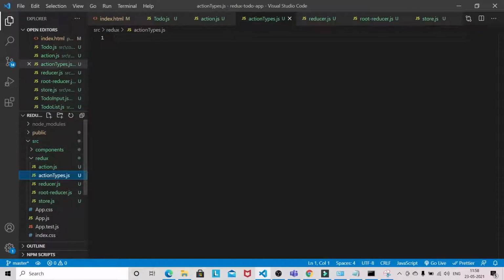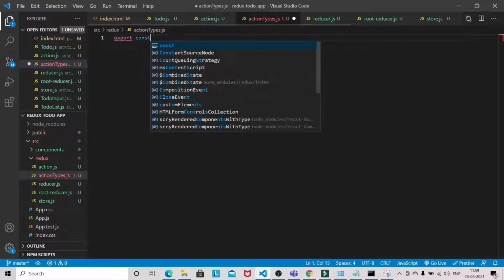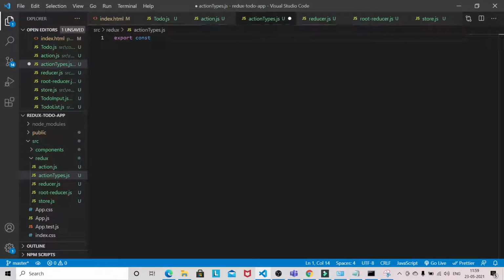So first let's start with the action types. One by one we are going to build the functionality. The first functionality we will build is marking the to-do complete, so this is our first action.